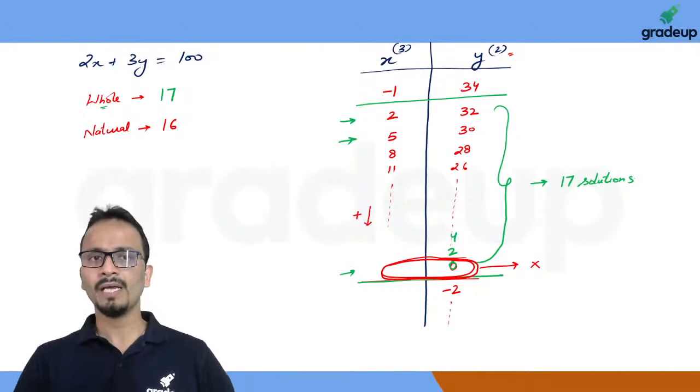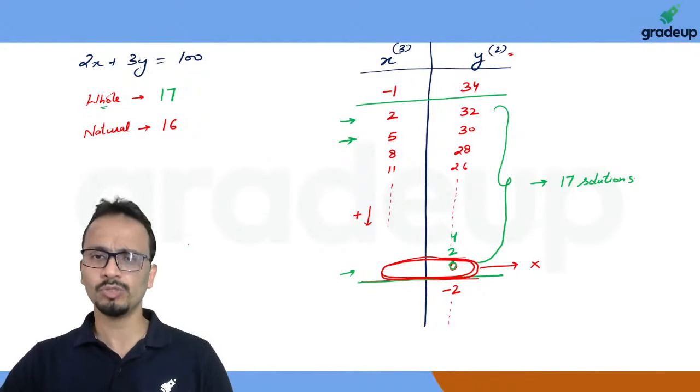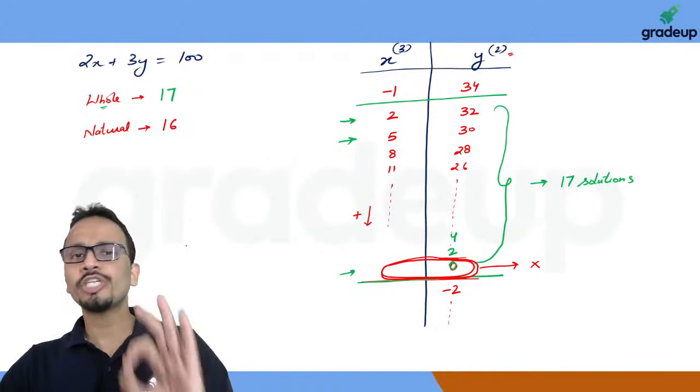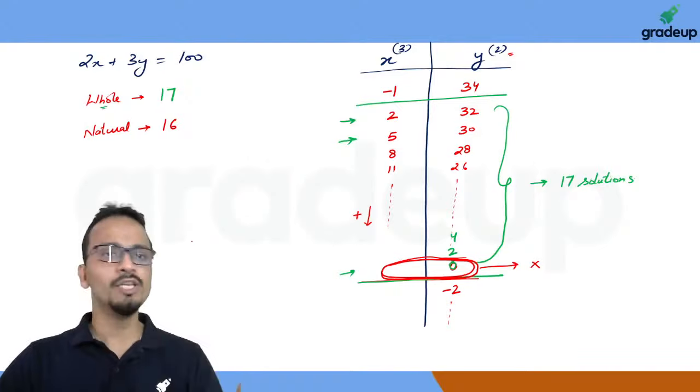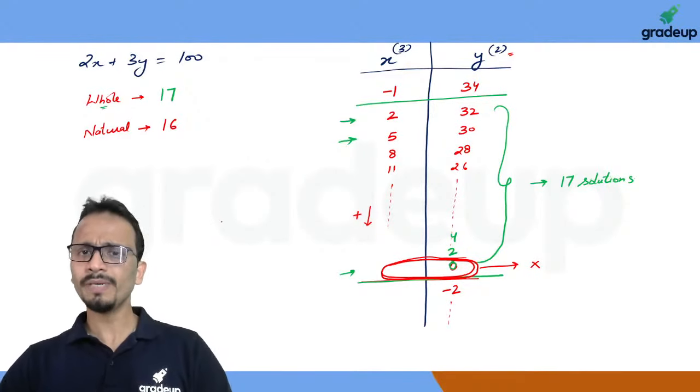Now, at what places will such things be used? It will definitely happen that the question will not tell you that the values of x and y are natural numbers or whole numbers. So basically they will say that